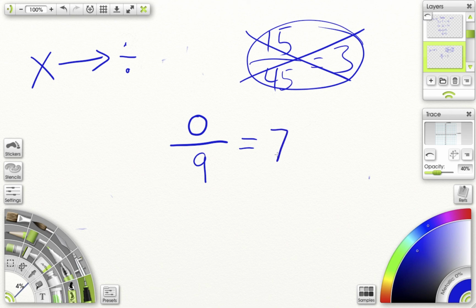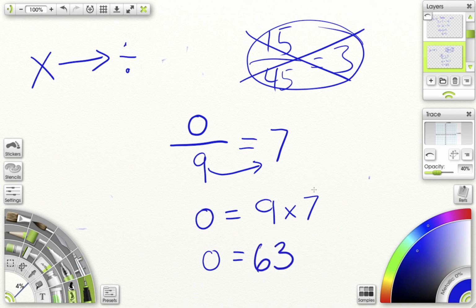So in order to do this, I have to keep my O on this side of the equal sign, and I move this 9 over, and it becomes 9 times 7 instead of dividing. So O equals 9 times 7. What's 9 times 7? You can use your fingers or a calculator. It is equal to